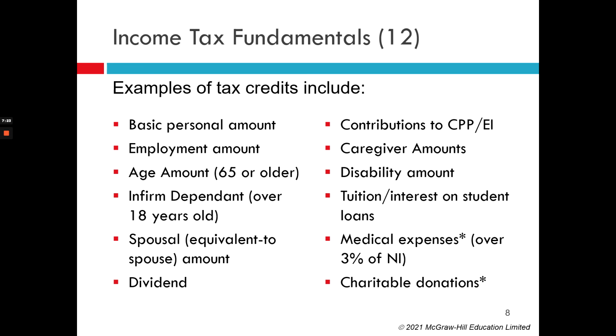Age amount, everyone over 65 under a certain income gets. Spousal, you only get if your spouse's income is under a certain amount. Dividend, you get it if you earn dividends. Everyone contributes to CPP and EI if you're employed, and you get a credit for that. Tuition, as a student, this would be something that's of interest to you, tuition and interest on student loans. And if you can't use it, you can transfer it to a spouse, or you can carry it forward to use in the future. Medical expenses, only over a certain amount, and donations that you make to a